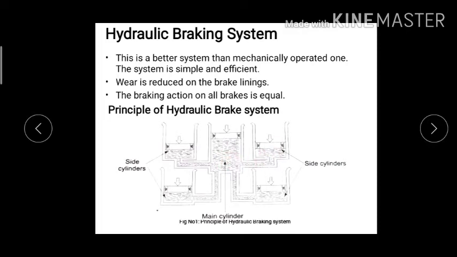What I mean to say is, when I'm applying a force on this, say I'm applying 10 Newton of force on this piston which has an area of 1 centimeter square. So how much pressure am I applying? I'm applying 10 Newton per centimeter square on this piston.